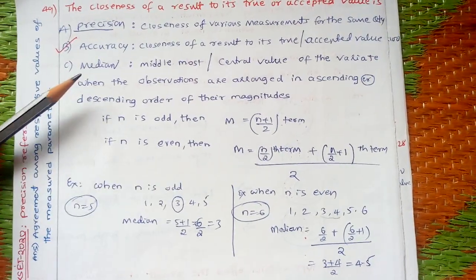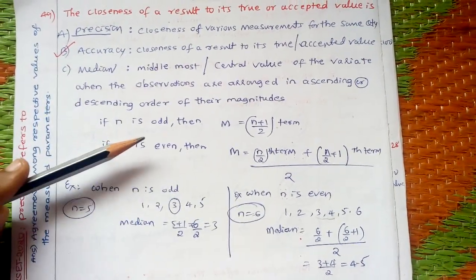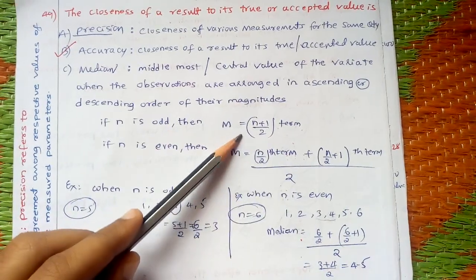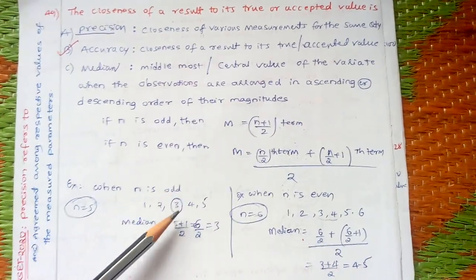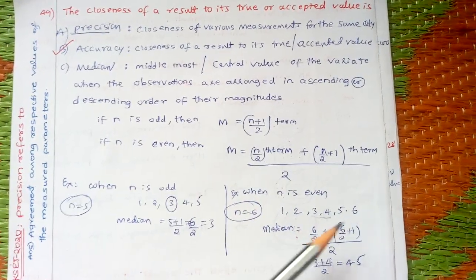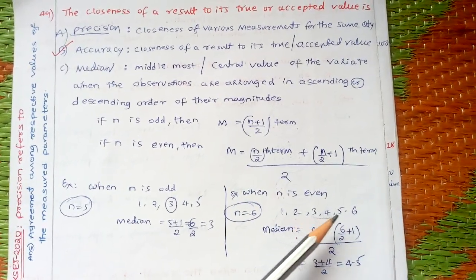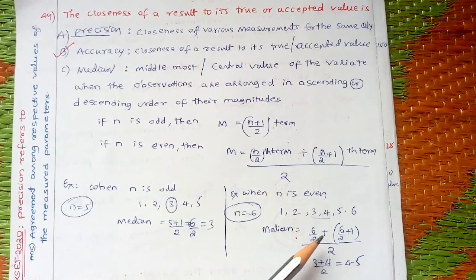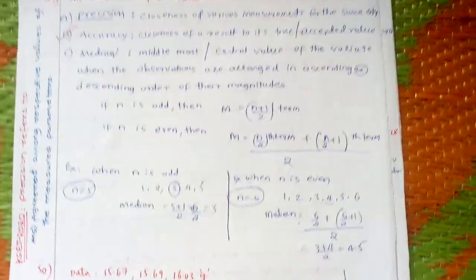Here about median, I already told that for n values, whatever middlemost value is there, that is the median. If an even number of values are there, then whatever middlemost two values are there, their sum divided by 2 gives the median.